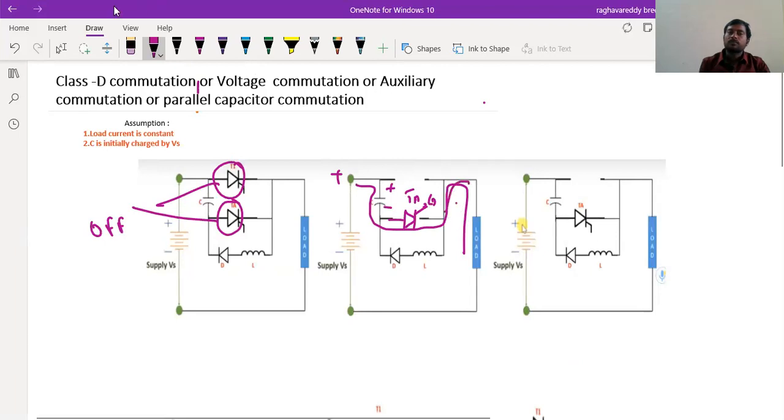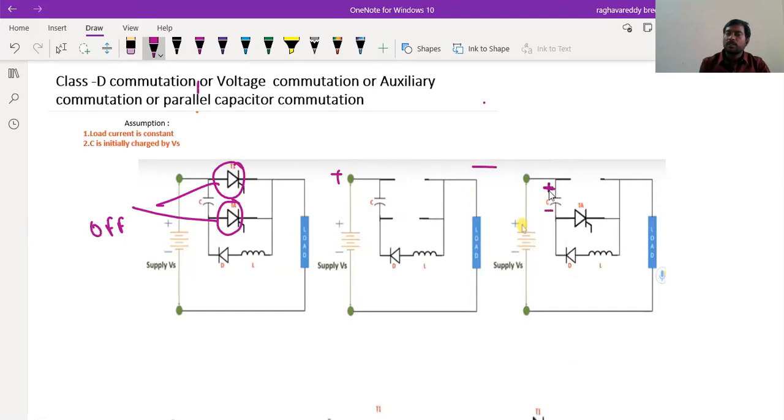Look at this carefully: negative is connected to the anode and positive is connected to the cathode of the auxiliary thyristor, which is nothing but reverse voltage across it. So the thyristor TA will be turned off automatically